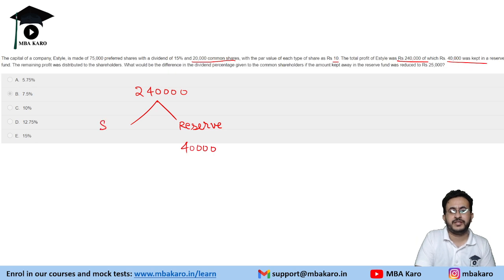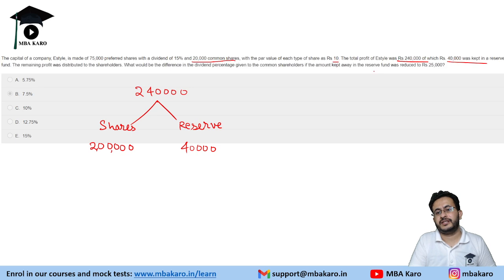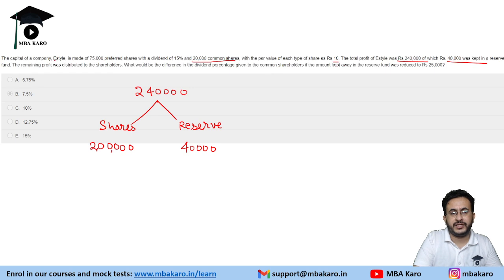So that means shares are of rupees 2 lakh. Now, we are asked the difference in the dividend percentage given to the common shareholders. So there are three parts: preferred shares and common shares. So we have to work on the common shares part. So common shares are 2 lakh,